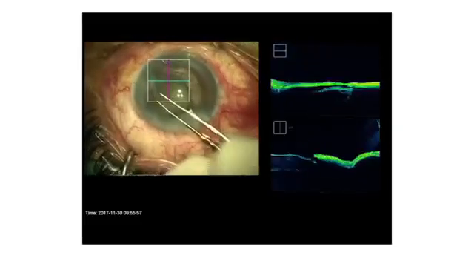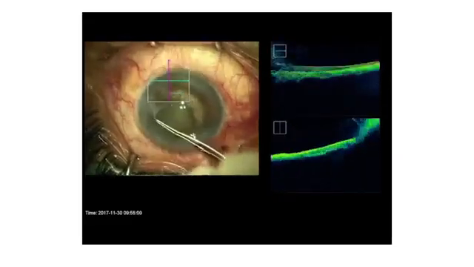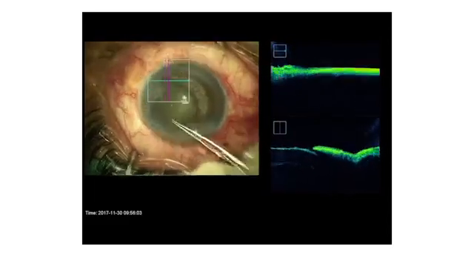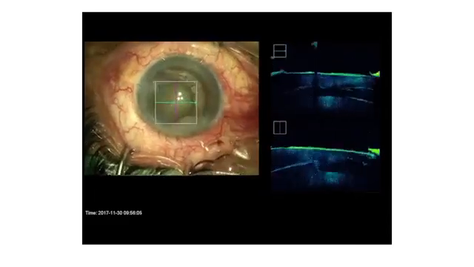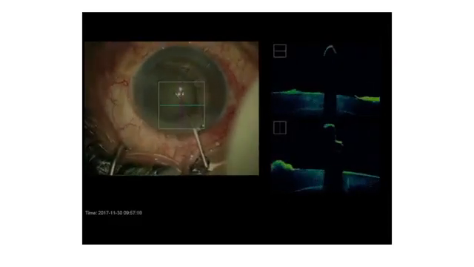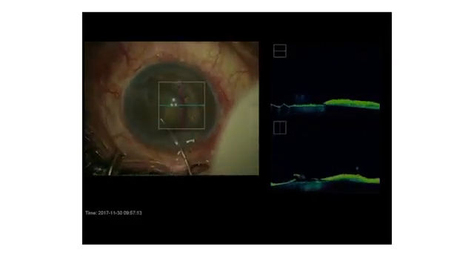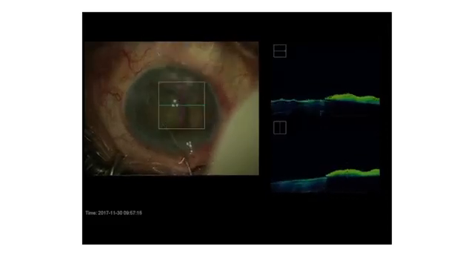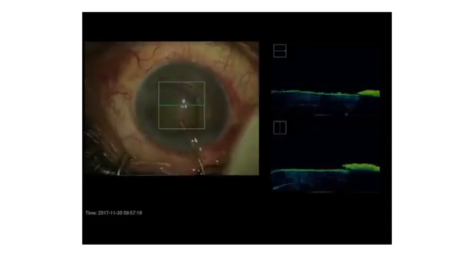And this is after we remove the membrane, we go to do the real capsulorhexis. I use the cystotome to open it up, and you see on the OCT on the right hand side, we do the real capsulorhexis with the forceps, capsulorhexis forceps. Again, in this kind of case, the forceps is a little bit more preferred because you have more control